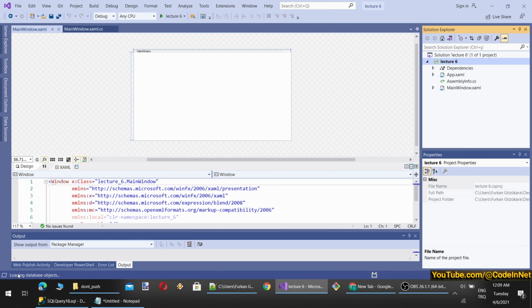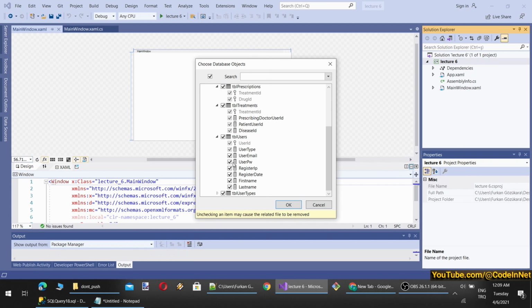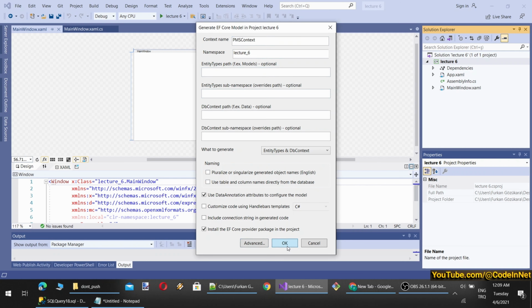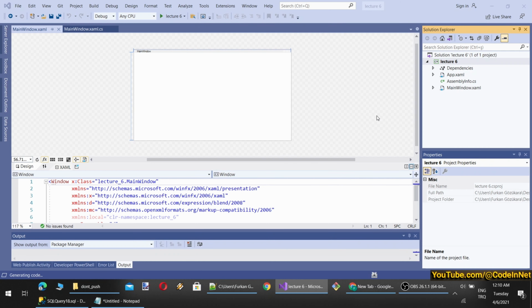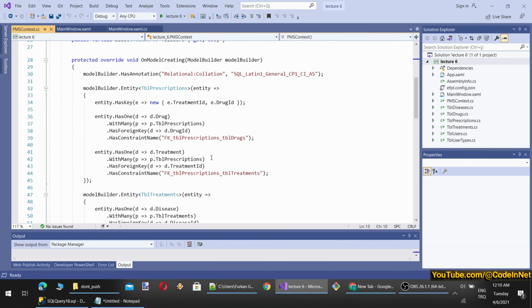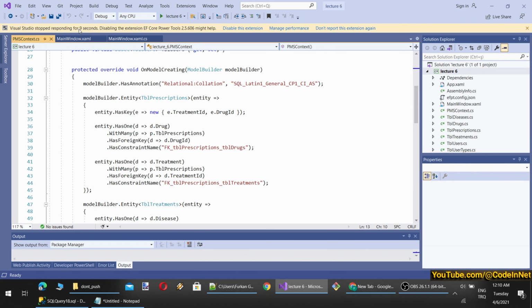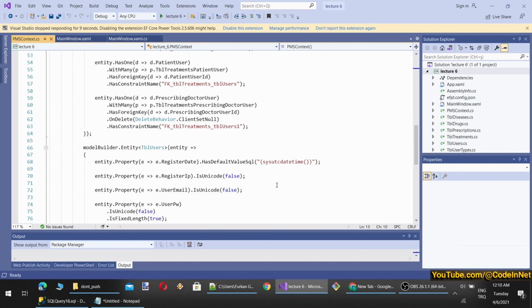Currently, you see here it says loading database objects. Now we will pick our tables, and you see it is displaying the primary keys. The other things, the foreign keys, are related to the database itself. I don't think it is getting into the Entity Framework design. Okay, I will leave the rest as default. So our classes are generated. Okay, it is installing the EF Core provider package, and it is also installed. References will get loaded. You see, it is saying not responding, so loading packages and references is taking time.